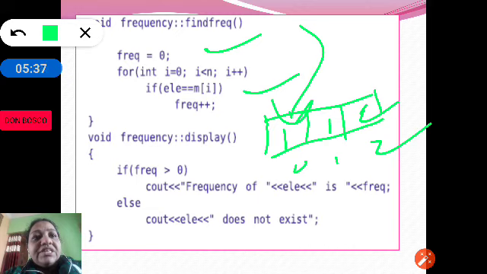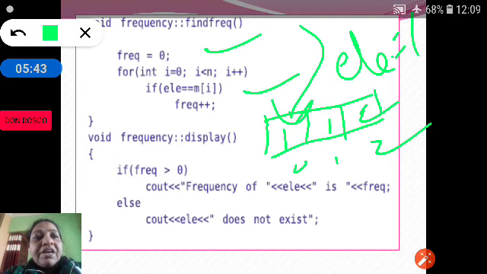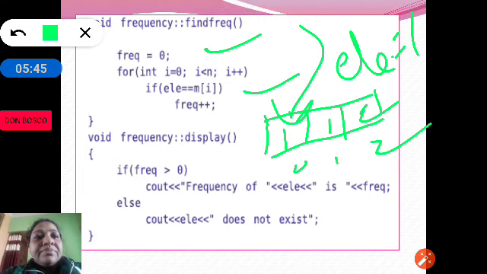If the searching element ELE is equal to 1 and both match, then we increment the frequency. Again we take the next element and match it. If both match, we increment the freq. Likewise, each time we compare, we increment the freq by 1 if a match is found.